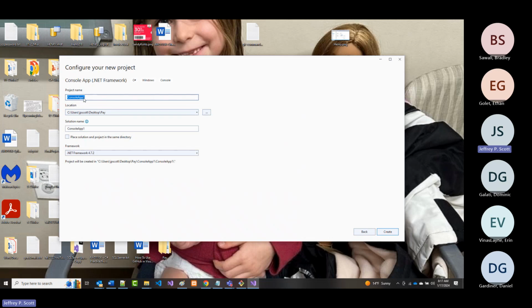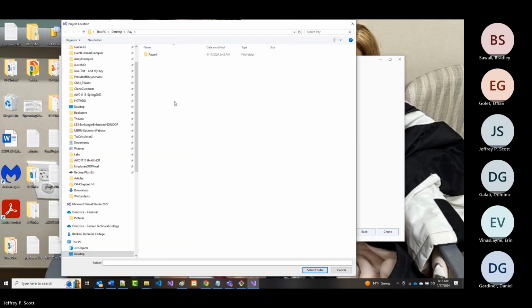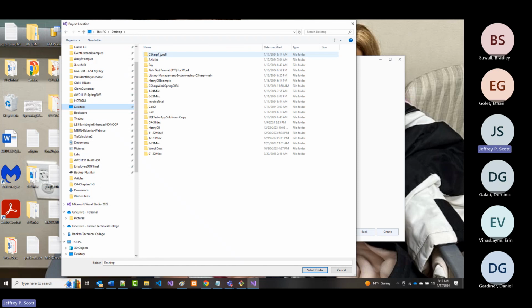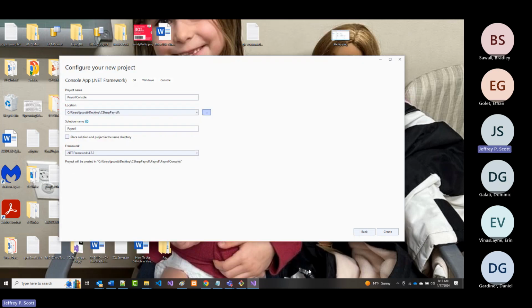So again, right here, I'm going to type in Payroll Console. And you'll notice that by default, again, it calls the solution the same thing. I don't want that. I just want it to be called Payroll. All right. And I have to tell it what folder I want it to be in. So again, I'm going to come out here and there's C# payroll. All right. So my project name was Payroll Console. It is saved on my C drive under my desktop in a folder called C# payroll. The name is Payroll. So when I click create,